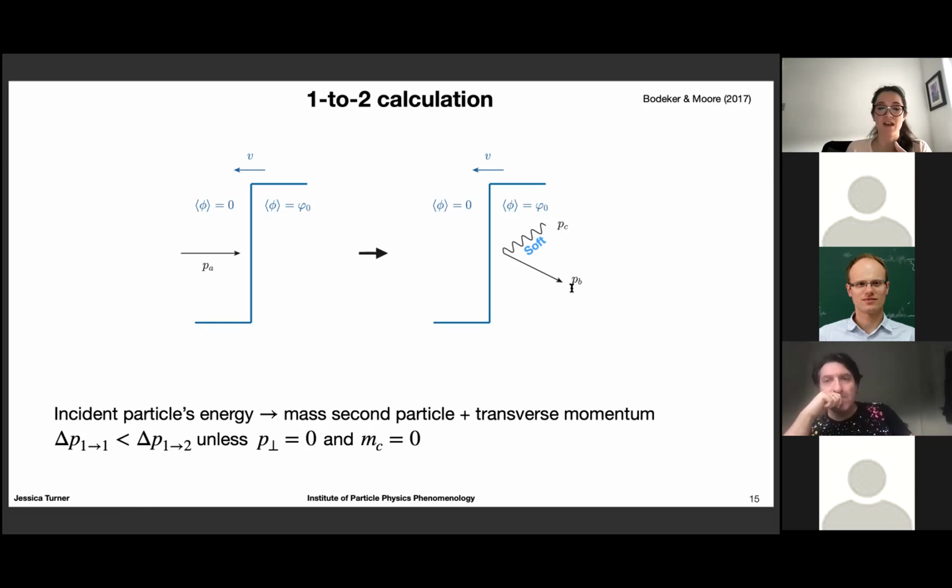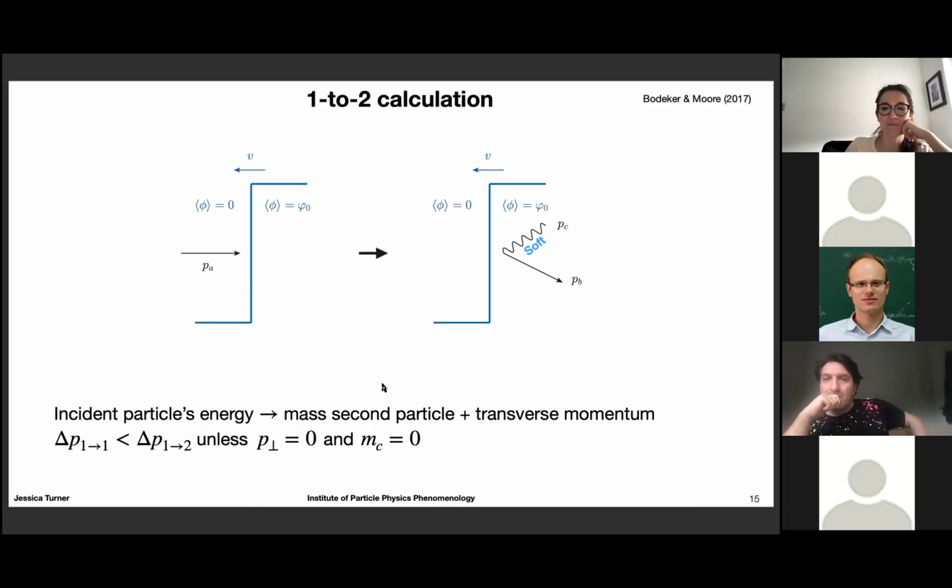and PB. And the idea Bodecker and Moore had here is that you can convert the incident particle's energy into the mass of a second particle and some non-trivial transverse momentum of the final states. Naturally, these transverse momentums have to balance because there's no braking in the transverse direction. And the idea is that the transfer of momentum from particle A onto the wall can be significantly larger than the 1-to-1 interaction